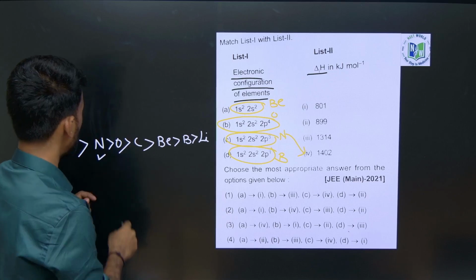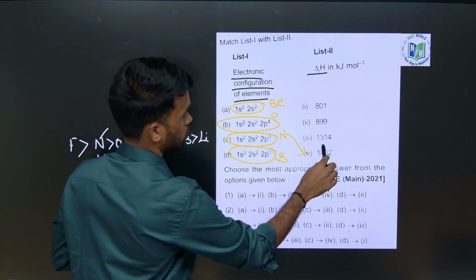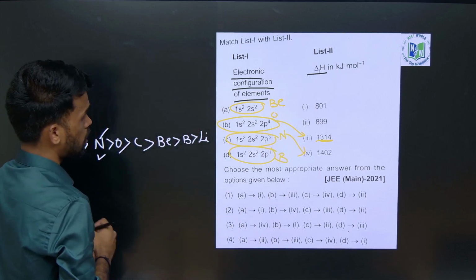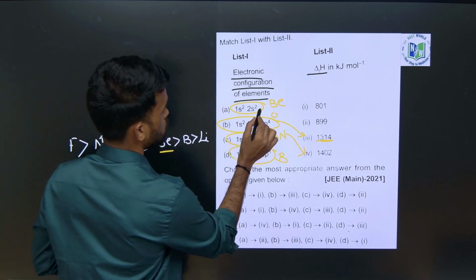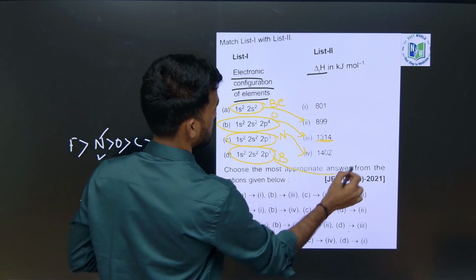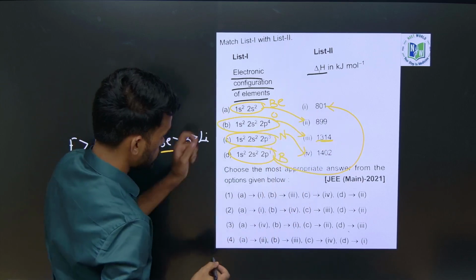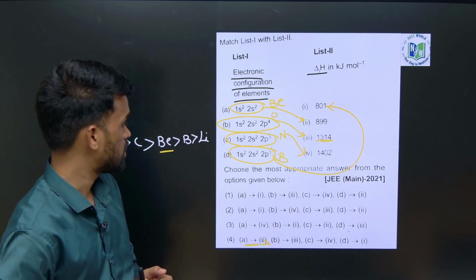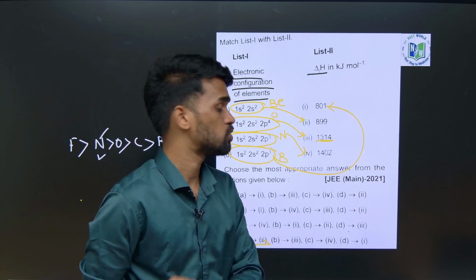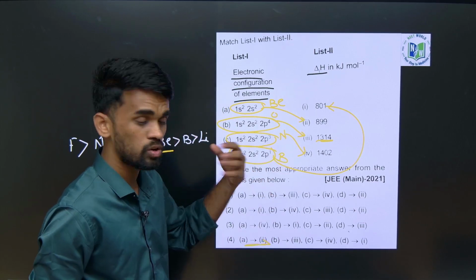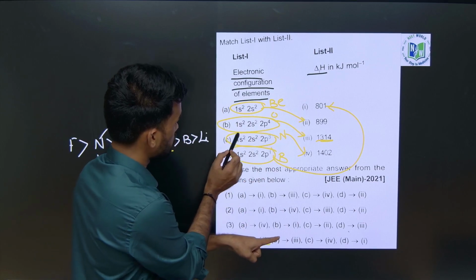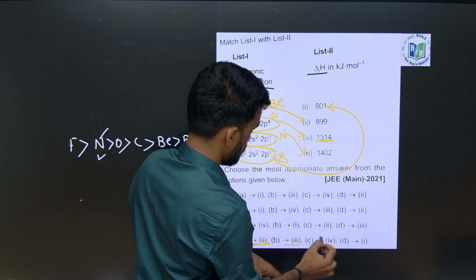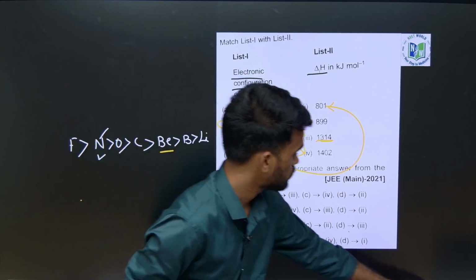Then after nitrogen we have oxygen, so this will be the value for oxygen. You can match like this. Now after this, beryllium will have this, so match like this. So D1. A2 will be there only in one option. With this kind of question, knowing a few options sometimes helps, because whatever the known options are, go with that. So A2, B3, C4. Yes, so our answer is definitely the correct one.